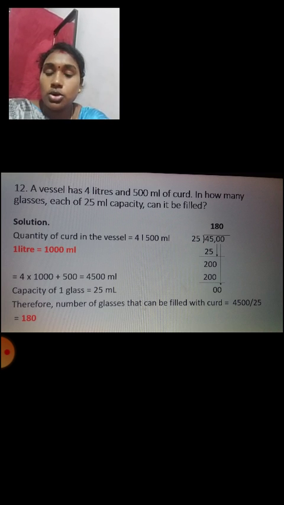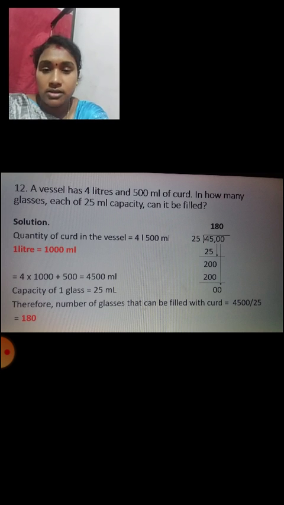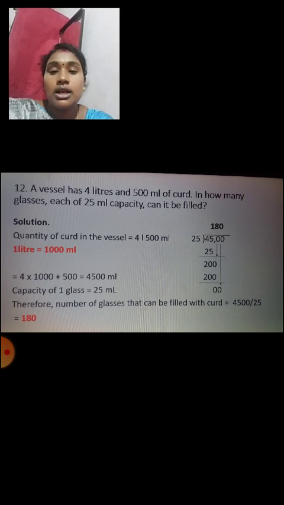As I told you, when there are two separate units given, you got to convert them into a smaller unit. That is, 4 liters is converted into milliliters. So 1 liter is equal to 1000 ml. So 4 liters will be 4000 ml plus the 500 ml that has been already given there is added. So you get